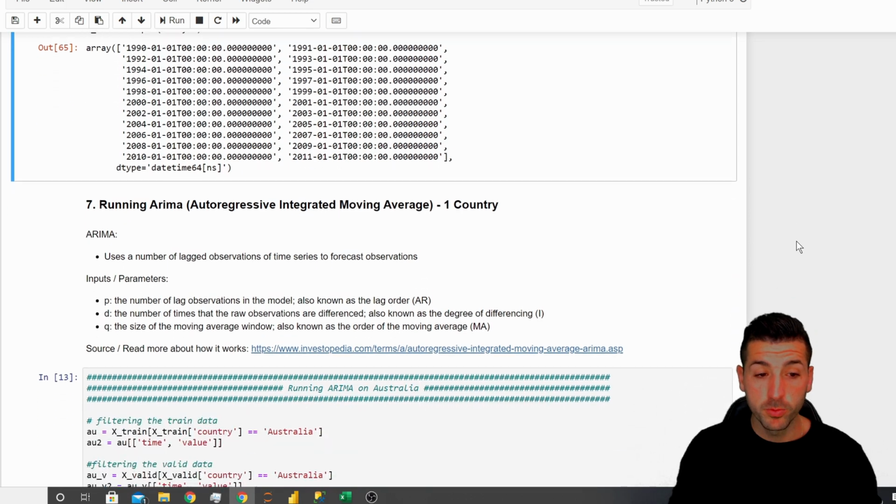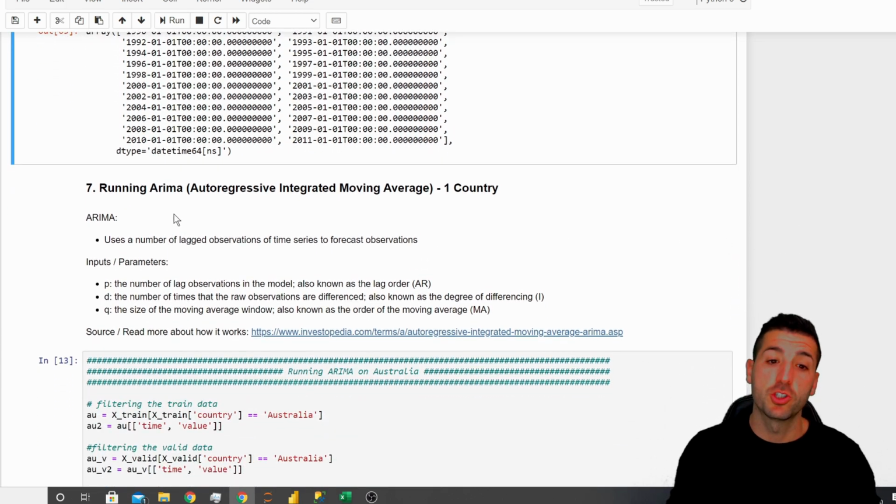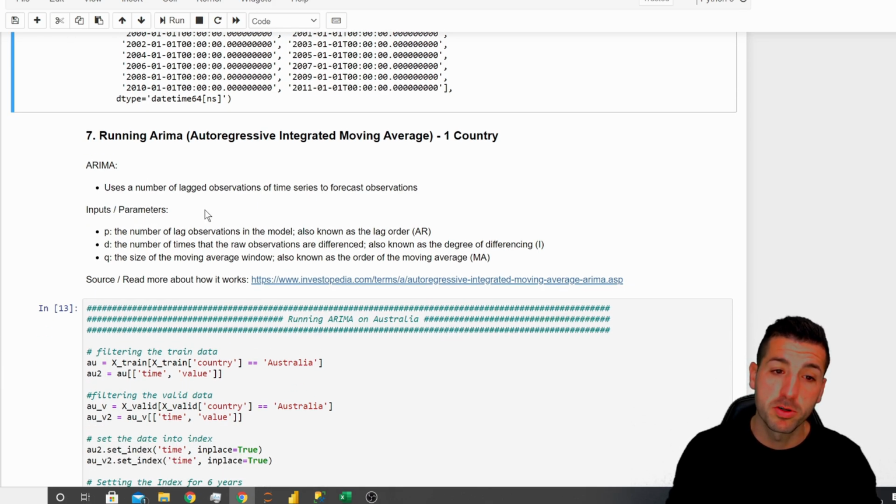Right, moving on, we are going to run ARIMA, which is the autoregressive integrated moving average time series forecasting model, and we are only going to run this on one country for now, just to simplify things. A few notes on ARIMA now. ARIMA uses a number of lagged observations of time series to forecast future observations, and it takes as inputs and parameters